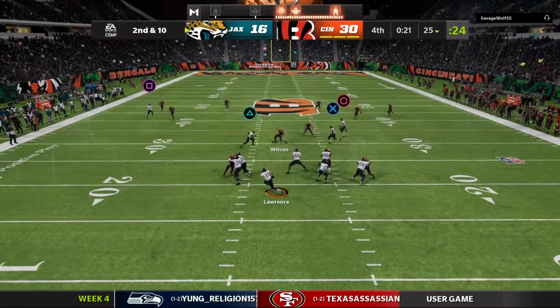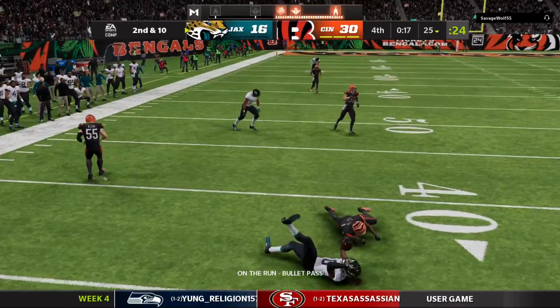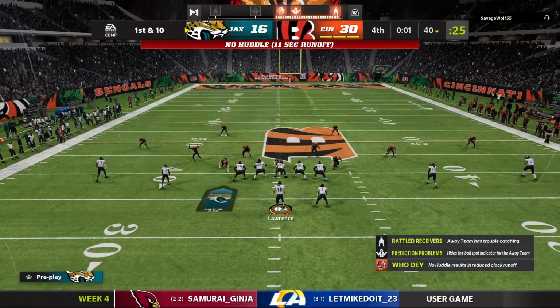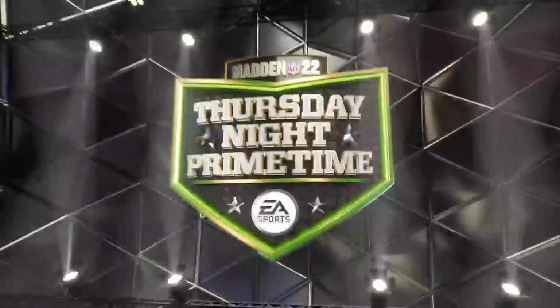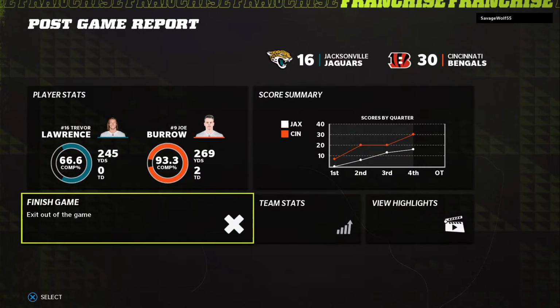From the shotgun, Lawrence steps away to his left. Complete to Shenault. And he's got a first down to the 40-yard line, but the clock runs. And the Jaguars are eager to see what Laviska Shenault and Trevor Lawrence can do together. Shenault was a second-round pick in 2020, and they're going to move him like a chess piece all over the